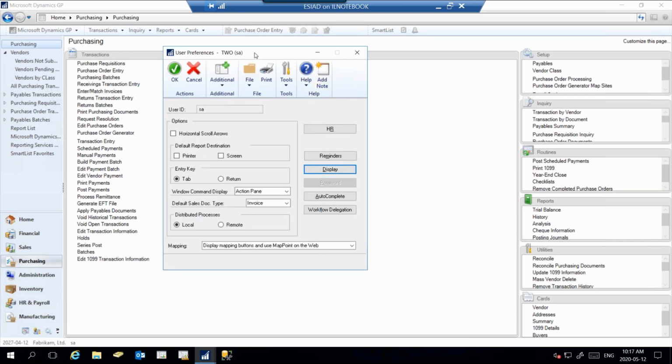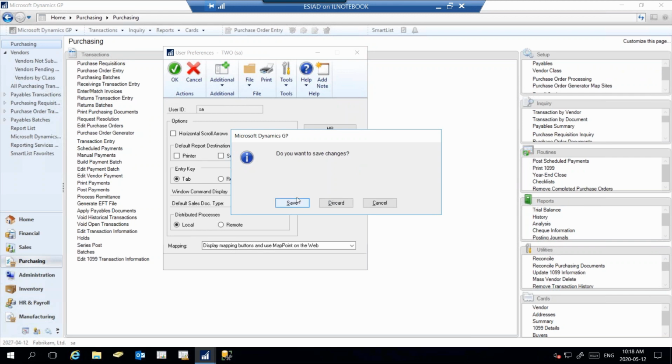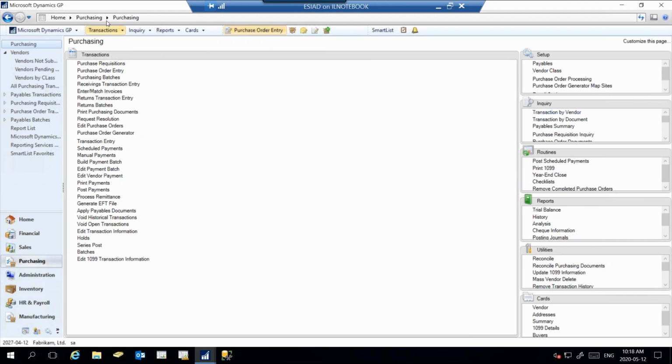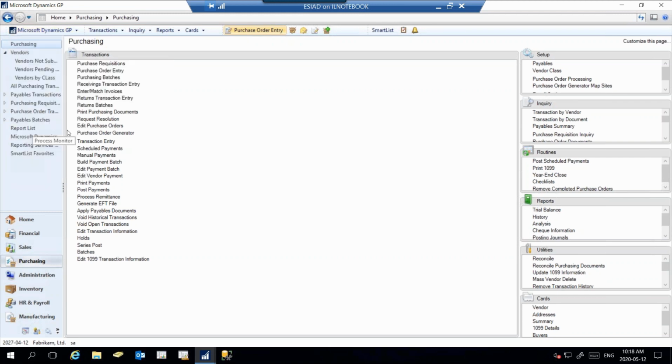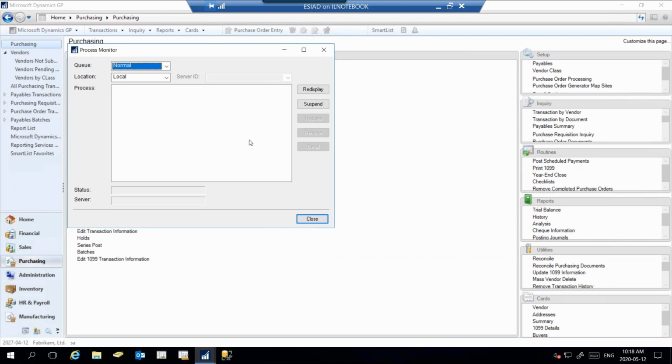So those are things that you can have in the user preferences. And of course, in the user preference, if you are a user, you can change your password to have your own unique password for your own GP. Okay, I'm going to save all my changes. Another nice feature that you have here under the Microsoft Dynamics menu is the process monitor. On the process monitor, you will get to see